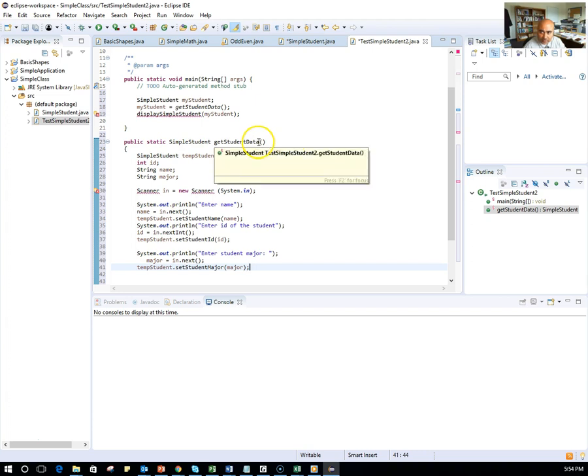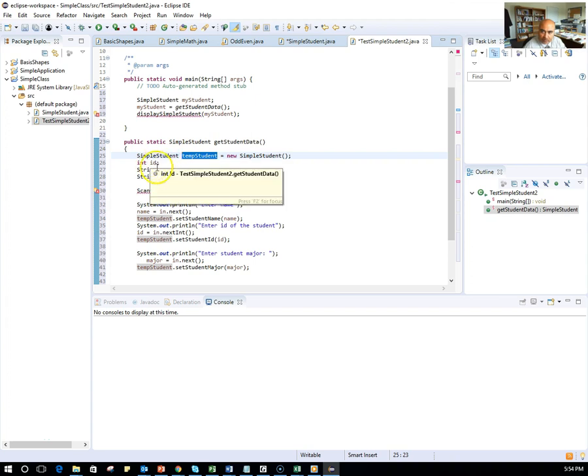This is the name of the method, and as you can see, this one does not take any parameter. Inside, I defined an object called tempStudent of the type SimpleStudent, and then I also defined int ID, String name, and major. And then I have a Scanner